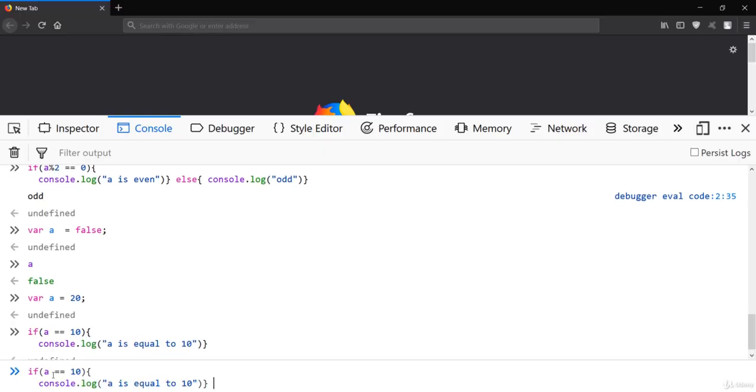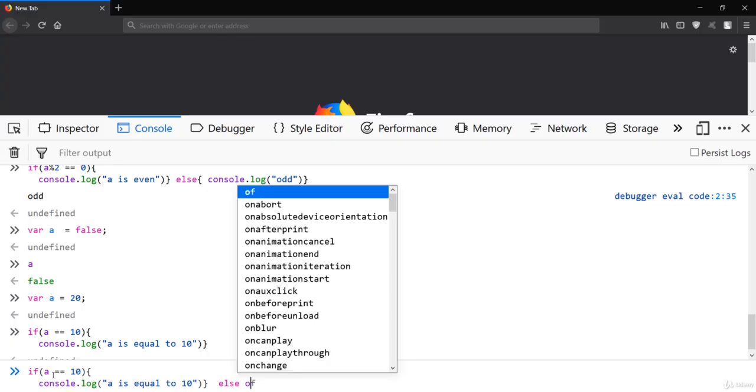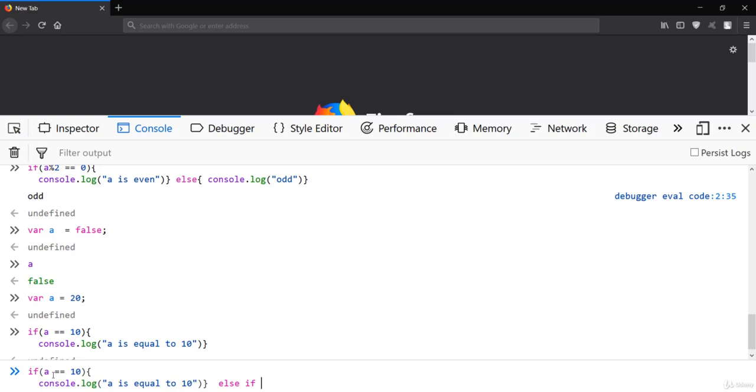And if it is not the case, then we'll just make use of this else if statement. So else if statement is basically taking another condition over here, and I'll just check if it is 15, and in that case I'll just say console.log, a is 15, which is obviously false because a is 20.